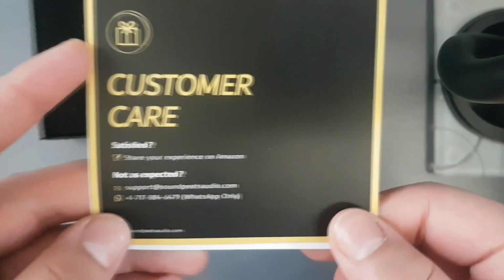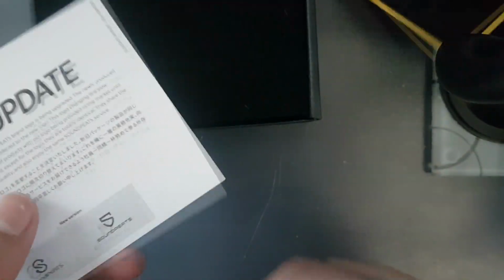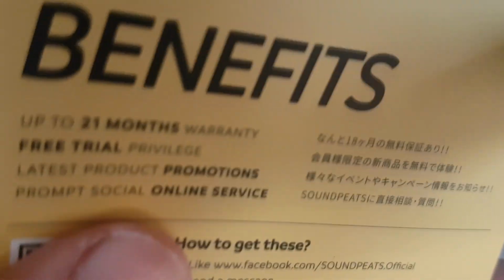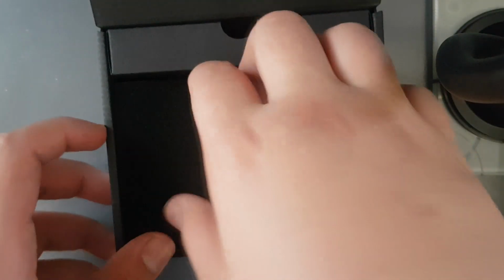Opening it, so customer care. So guys, the good thing is they have a 12-month warranty, so that's a good thing. So you get up to 21-month warranty. It's quite good. And yeah, if you remember my other video with the TrueBuds,